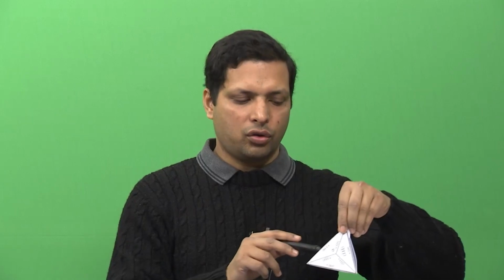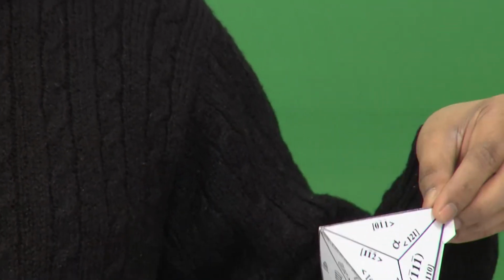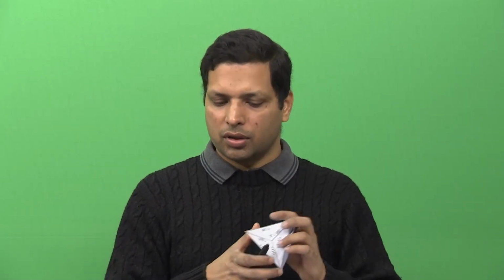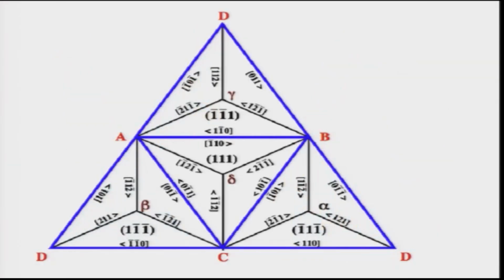And if you accurately draw the x, y, z, you can identify what should be each of these, and like I said, this is also possible to download from the internet. So this is the Thomson tetrahedron that we are talking about. Okay, so before I get back, let me show you one of the possible things that you can download from the internet. So this is how it will look like. So this is the Thomson tetrahedron.